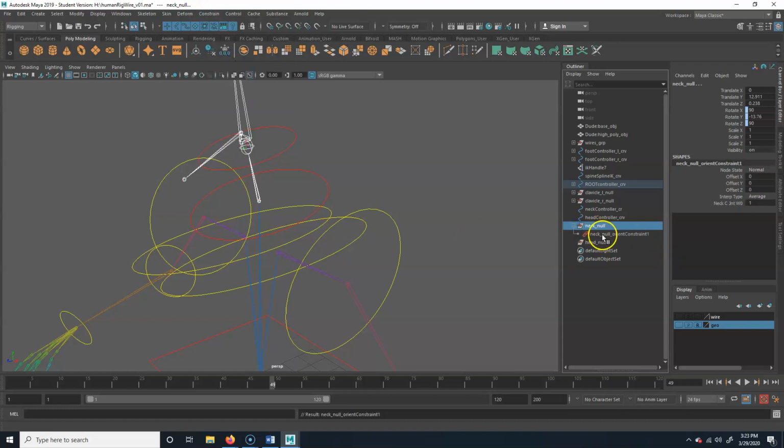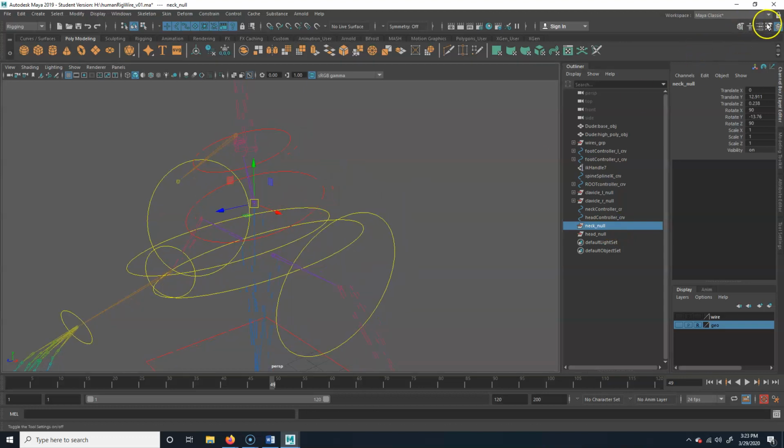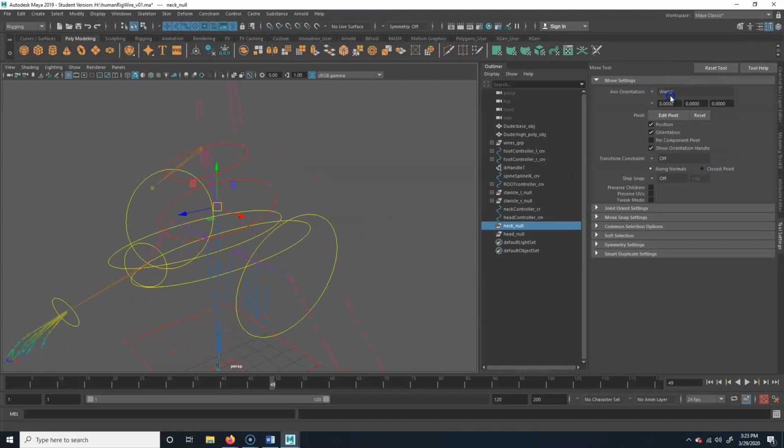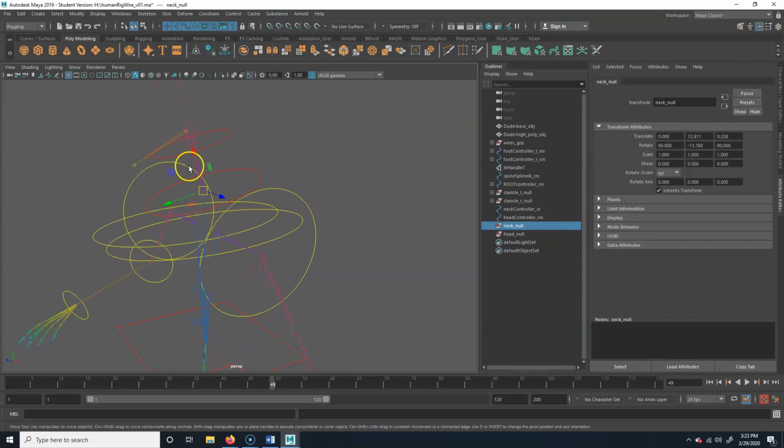I'm going to open up this neck null, and I'm going to delete that constraint, but now you will notice that I have it on world. Hang on a second. Let me switch this back to object. Okay. You'll notice that's at the same orientation now as that joint. So now I'm going to take that neck controller and hold Control to select, or Command if you're on a Mac. This second, hit P, and now that neck controller is parented to my neck null, but notice it